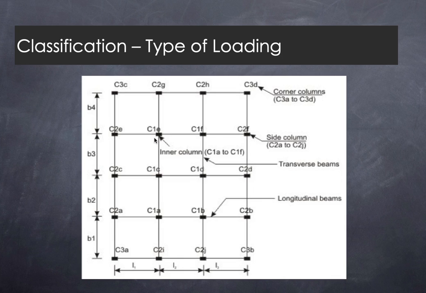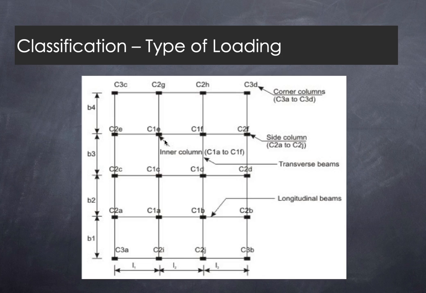So it is defined as a uniaxially loaded column. Whereas now let us consider this column. You can see this beam and this beam both are in line. The reactions of these two beams concentrically pass through the centroidal axis of the column. This beam and this beam reactions again concentrically pass through the centroidal axis of the column. So nowhere is there an eccentricity for the beam reactions. So this is a concentrically loaded column, or an axially loaded column.